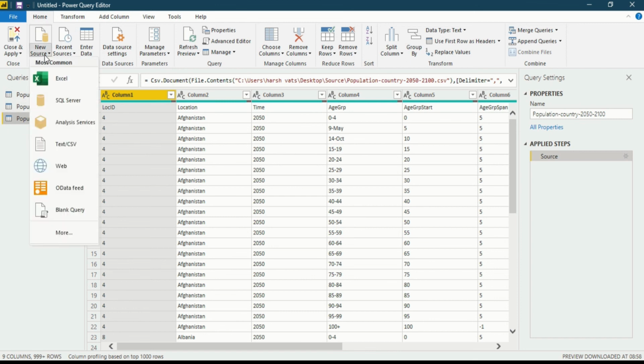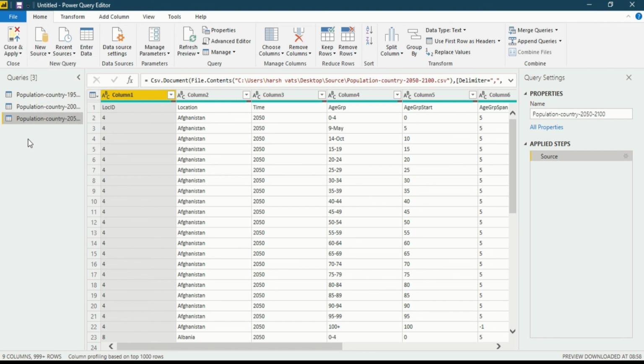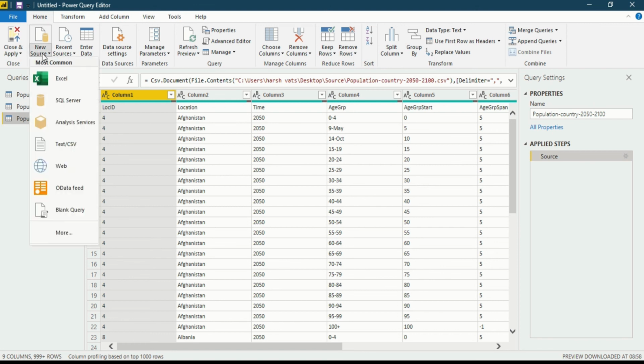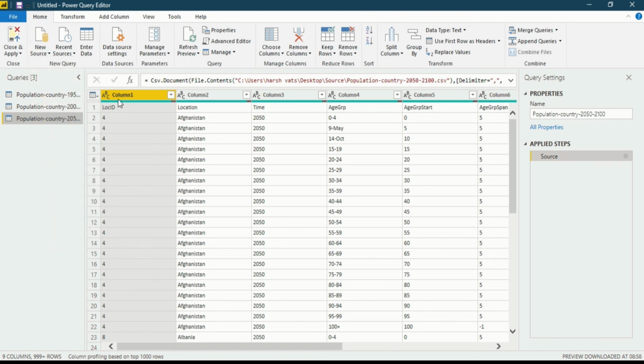If you want to upload from another path or another source, you can easily do that. Doing it in the Power Query editor will help you understand your data better, because you can transform your data here. And if you do it for multiple different sources, then always do it in the Power Query editor, because you can see your data here while going from one data source to another. So this is a very helpful tip, always remember.